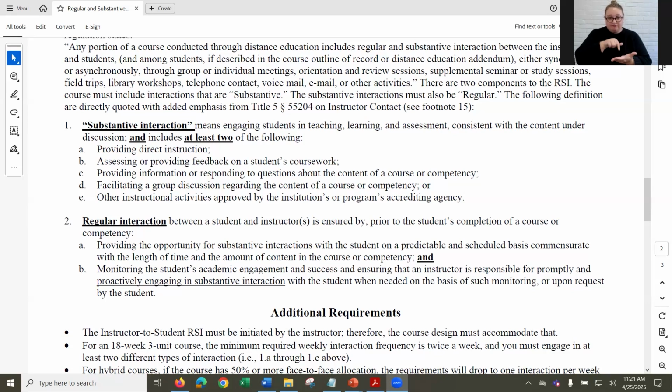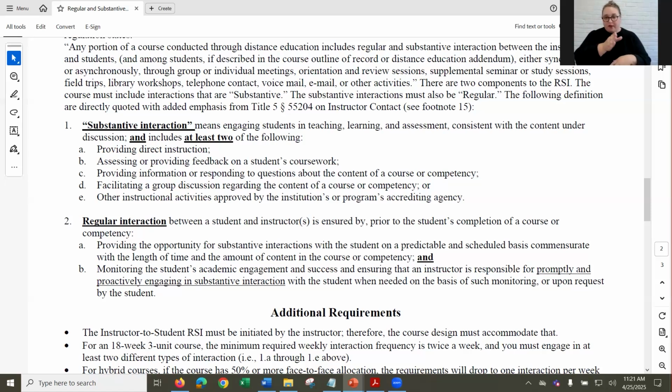Or a lot of instructors, even though their class is asynchronous, have a weekly meeting at the same time. Students can pop in for a little mini lecture and ask questions at that time, and then it's recorded and sent to the students who don't get a chance to come. So that's what we mean by direct instruction.